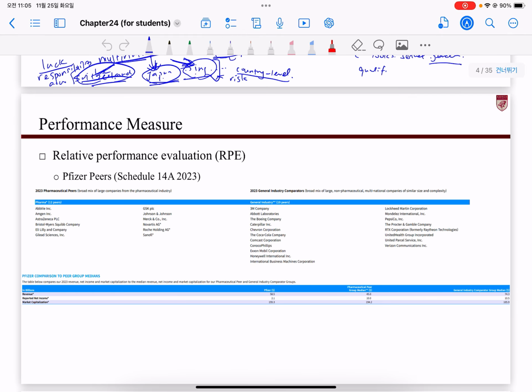Oh, and by the way, for chapter 24, even if you have read the textbook, you may still see a lot of deviation from what I have prepared. And I admit that, but try to focus on the contents on the slides rather than on the textbook. Of course, the textbook is a good leading source, but I have more sources on the slides, which I would suggest you focus on more.